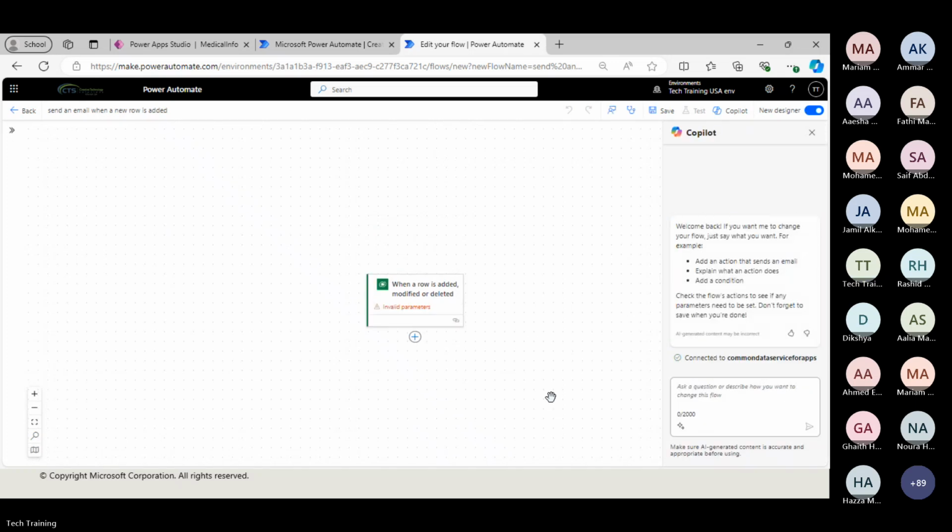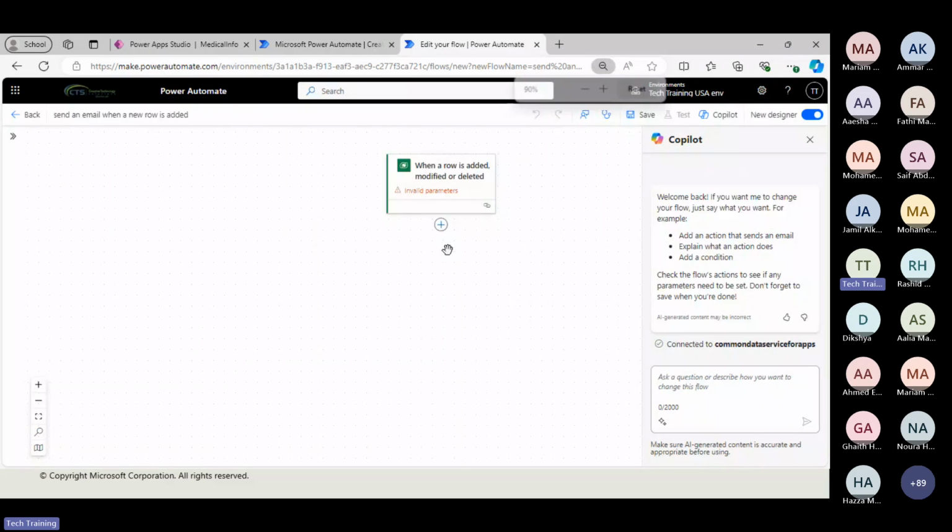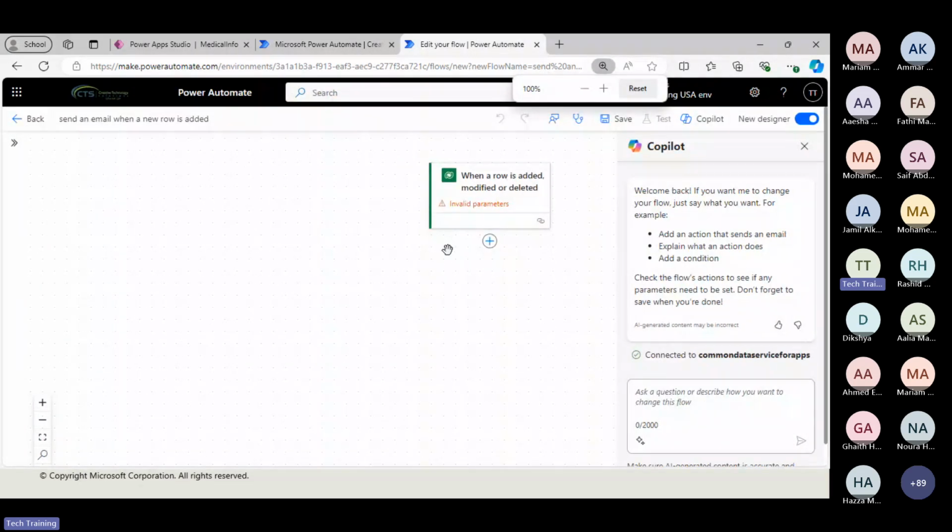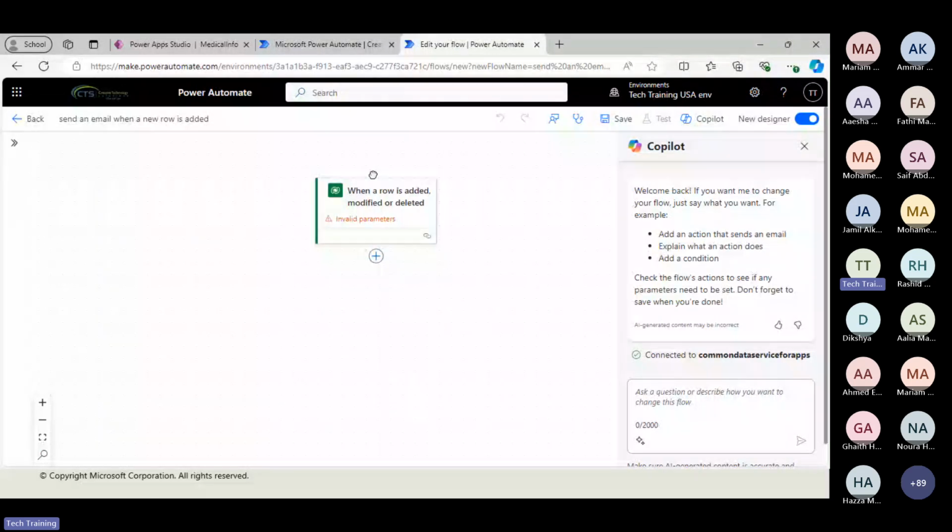Okay. If you can see here, this is the start or the builder. Let me just take it up a bit. If I can increase the size, yes, I can, because you know I am just an old man who can't see very well. I can ask Copilot to help me creating that, or let's ask Copilot to do it, then we'll do it manually. Send an email to a patient